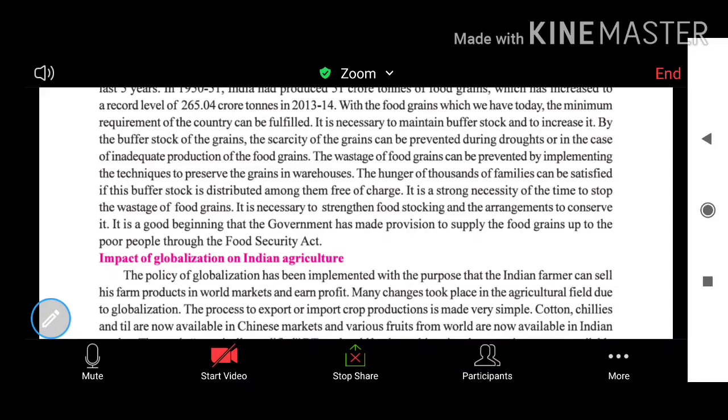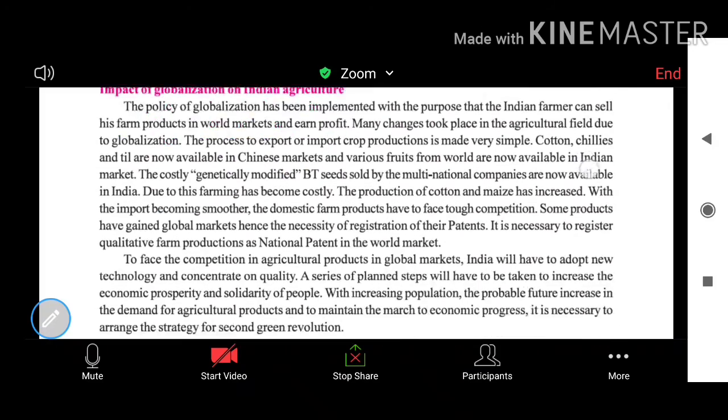तो कहीं ना कहीं गवर्नमेंट हैज मेड द प्रोविजंस, उन्होंने कहीं ना कहीं कुछ ऐसे स्टेप्स या कुछ ऐसे जरिए बनाए, तरीके बनाए, जहां वो पुअर पीपल को फूड ग्रेन सप्लाई कर सके. एंड थ्रू व्हाट इट सेज, थ्रू द फूड सिक्योरिटी एक्ट. नाउ लास्ट वन इज द impact of